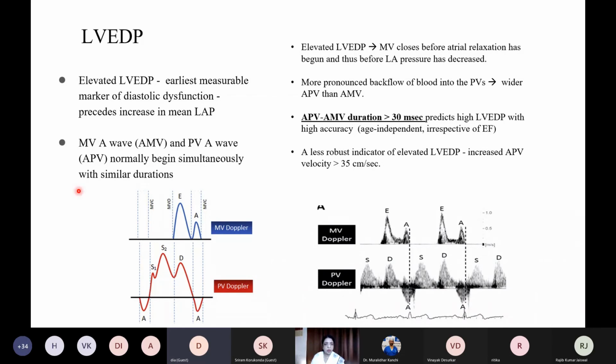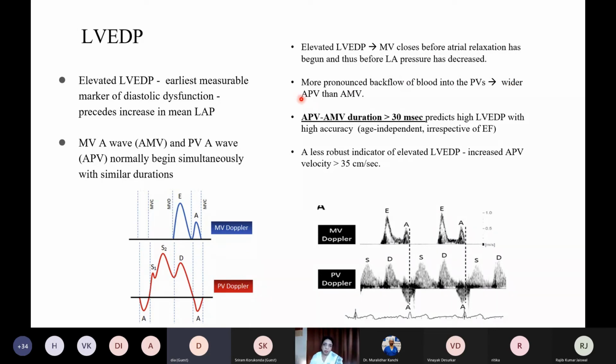So how do we go about it? We have to see the mitral valve A wave and the pulmonary vein A wave. The mitral valve A wave and pulmonary vein A wave are absolutely at the same time in normal patients. It is a very accurate and very sensitive method. But whenever there is elevated LVEDP, the mitral valve closes before atrial relaxation has begun, because there is a rise in pressure in the LV, and thus before LA pressure has decreased. What does that do? That is why there is more pronounced backward flow of blood into the pulmonary veins,